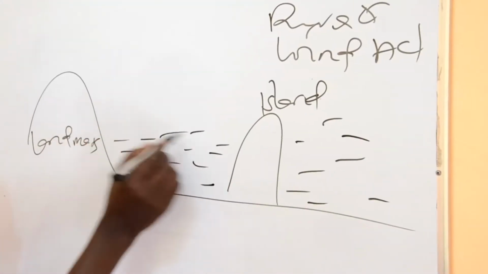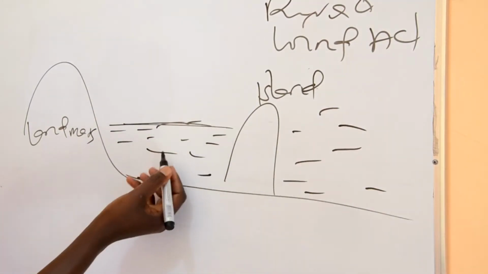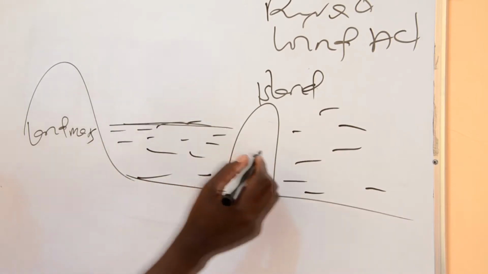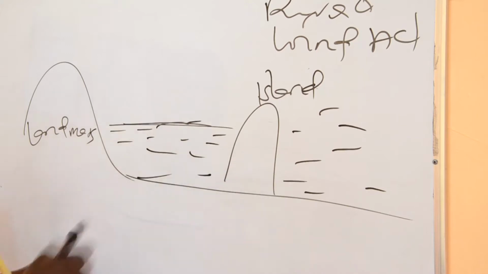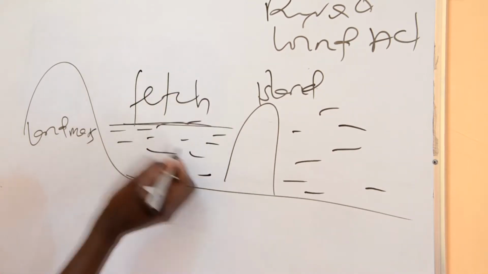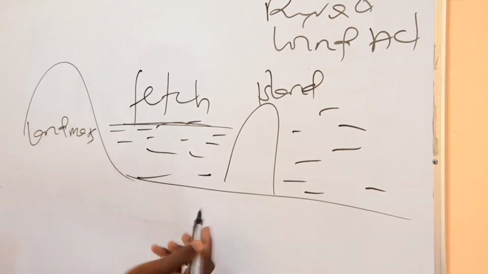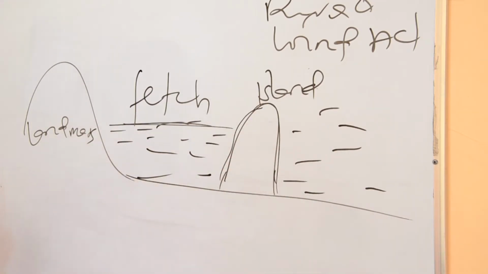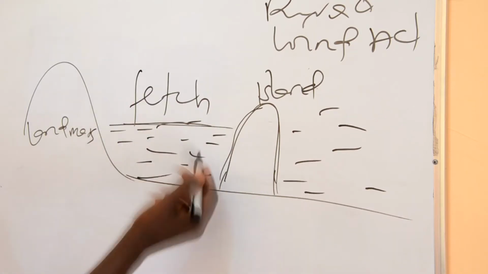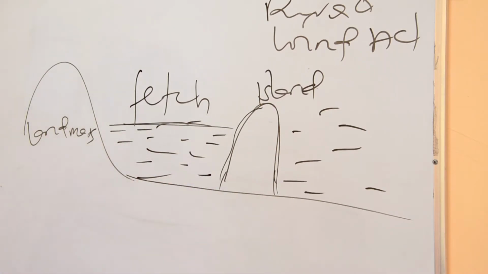Therefore, wherever the fetch or this distance is long, the wind action is prolonged and the erosive capacity will be higher on the coast than on an island that is close, because the generation of wind will be low, and so the erosive capacity will be low. Therefore, the erosion process depends on the fetch, the distance between two landmasses over which the wind can blow. The longer the distance, the stronger the wave, since the wave will have enough time to develop into maturity and become strong, and vice versa.